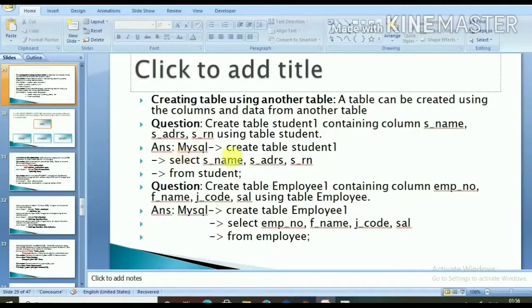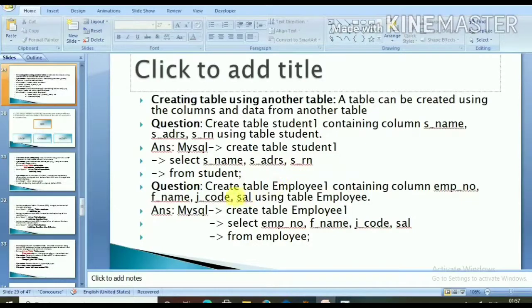So the command will be create table student1 select s underscore name, s underscore adrs, s underscore rn from the table student. So the command is create table student1 select s underscore name, s underscore adrs, s underscore rn from student.